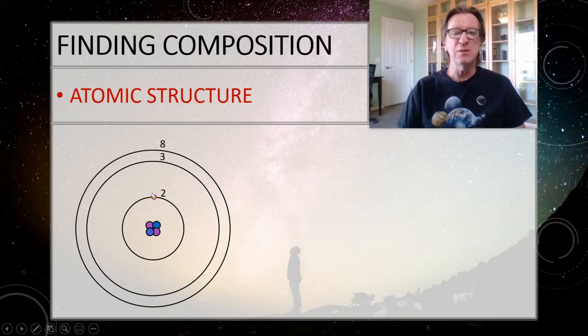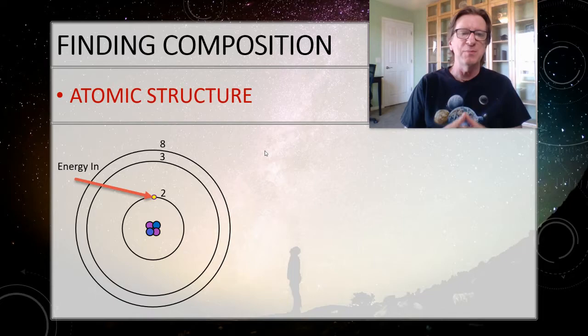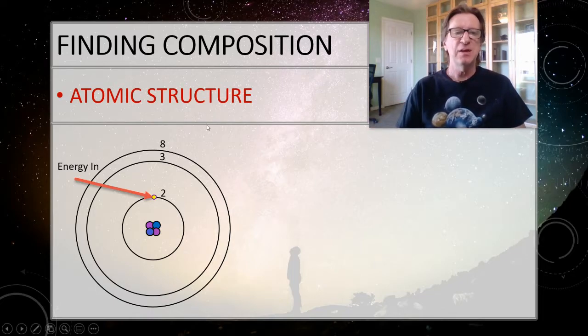All right, so let's say that we have an electron down here in the lowest energy level. So it's got an energy of 2 energy stuffs. If we run some energy into it, and a lot of times we might run electricity through it, or it might be heated by something, then this electron can jump up into a higher energy level. So when it's got extra energy, we say that it's in an excited state.